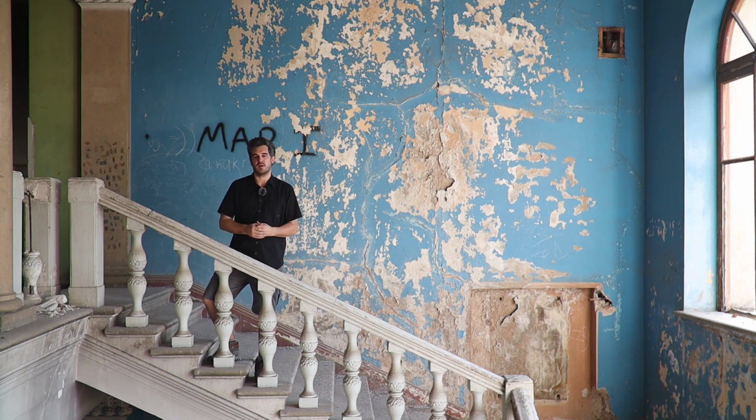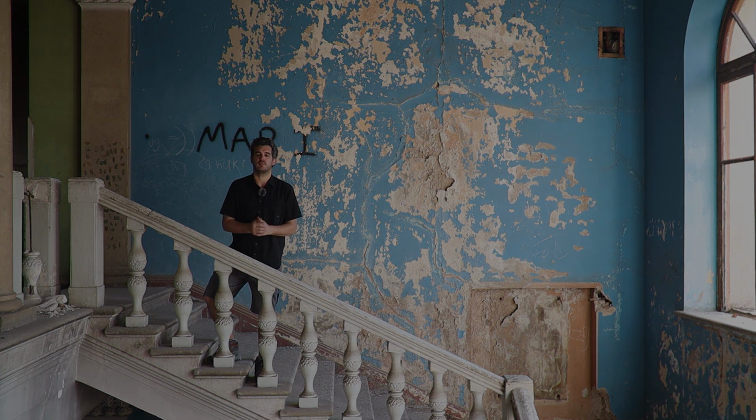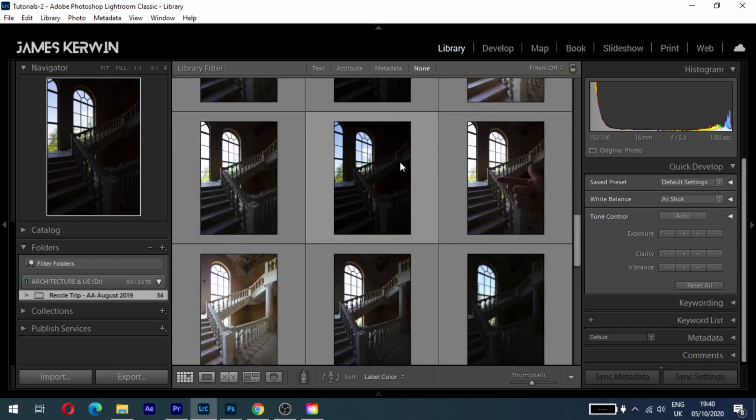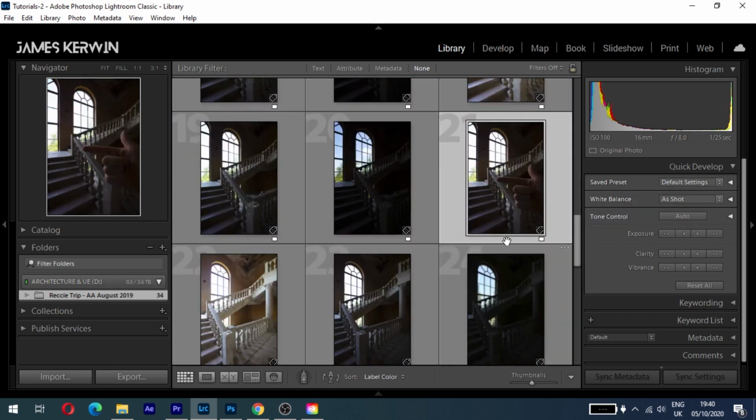So it's well worth checking out, and see right through till the end, and we're now going to combine those images. Okay, so here we are once again in Adobe Lightroom. Now, imagine you come back from your trip and you're looking through your large selection of images. What you'll see here as you're scrolling through all of my images is these hand signals,